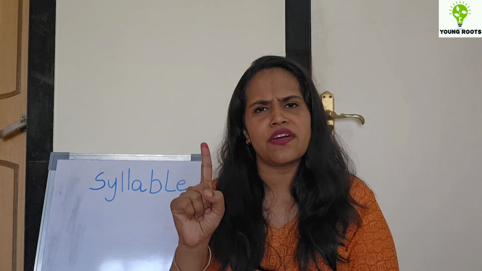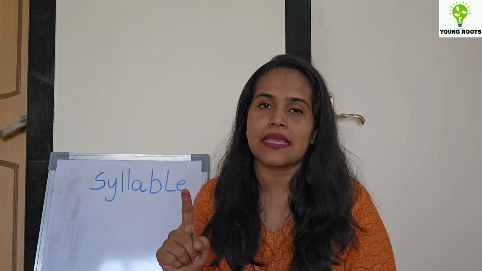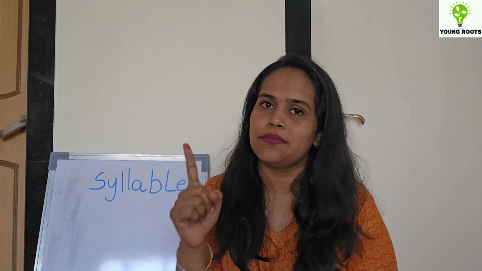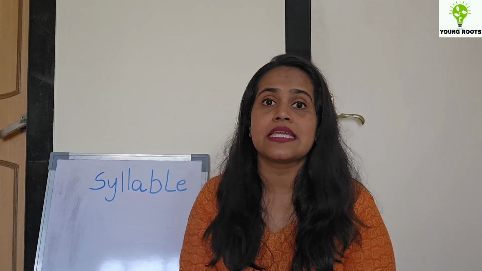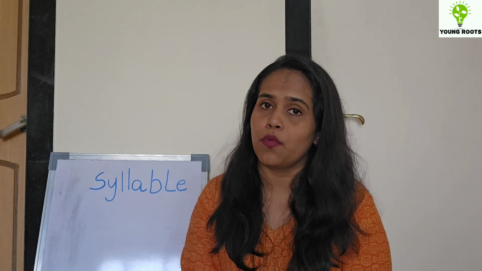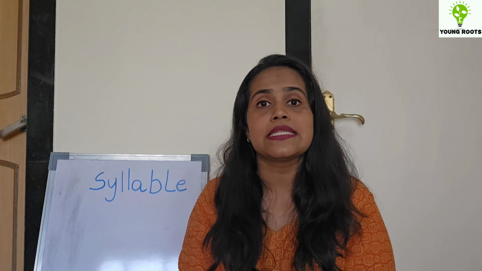One word will have one syllable. For example, I. So I, it's a one syllable word. So it is necessary that every word has at least one syllable. Each and every word will have one syllable or more than one syllable. Right. So the basic rule in this, I could say, is that whenever you divide them into syllables, each syllable should have a vowel or a vowel sound, right?